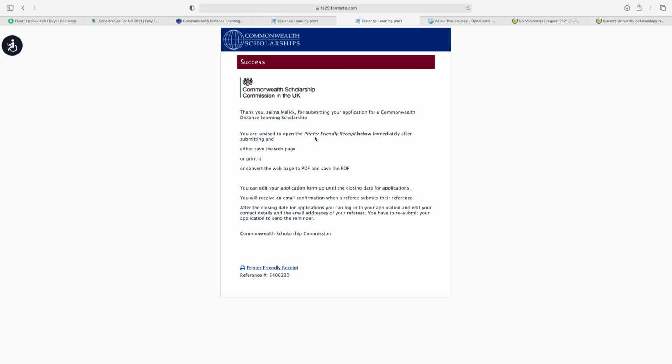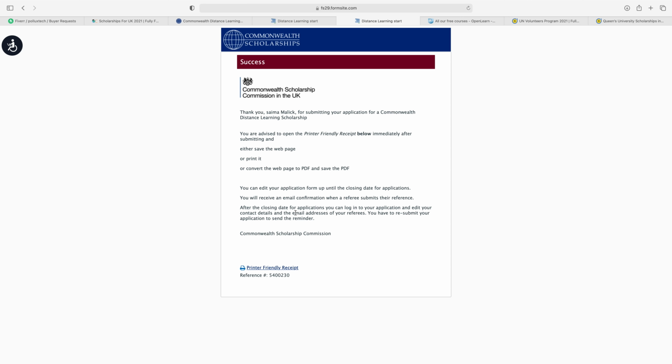You are advised to open the printer friendly receipt below immediately after submitting and either save the web page, print it, or convert the web page to PDF and save the PDF. You can edit your application form up until the closing date for applications. You will receive an email confirmation when a referee submits their references.